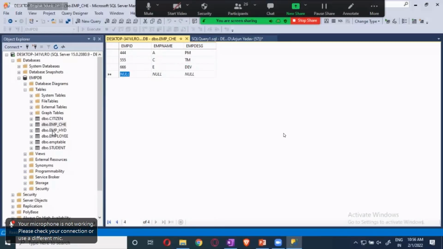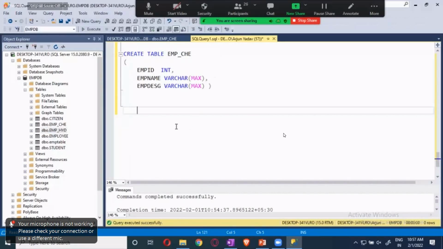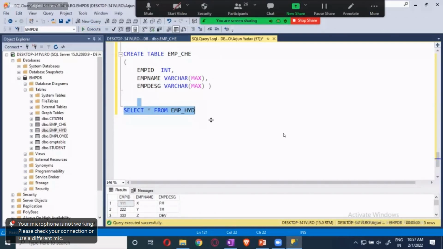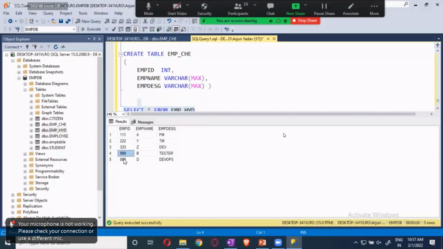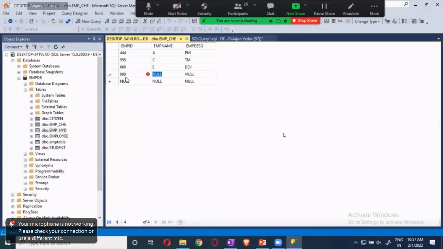Then into the Chennai table, the same values I will be entering: 9 for B, and he is a tester, and 8 for D and DevOps.